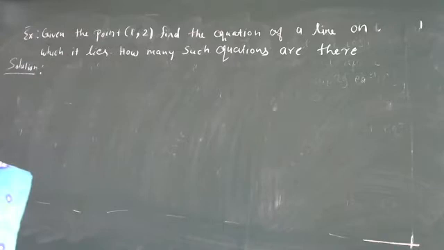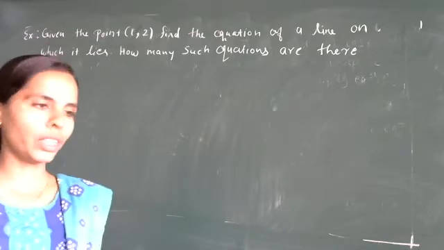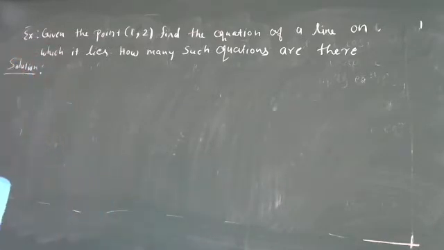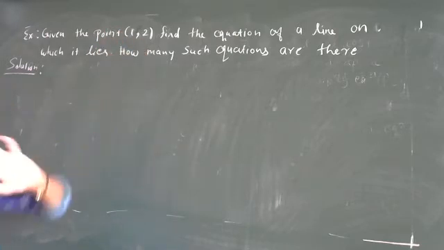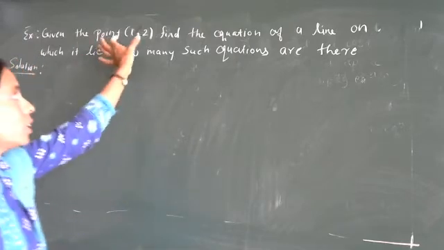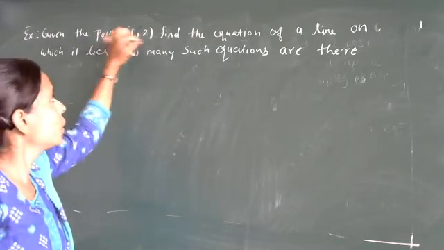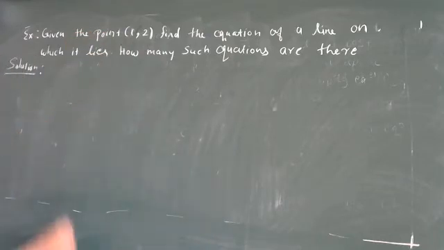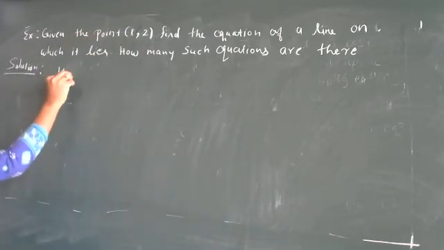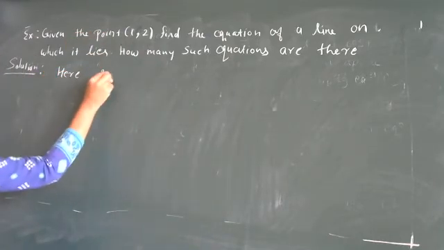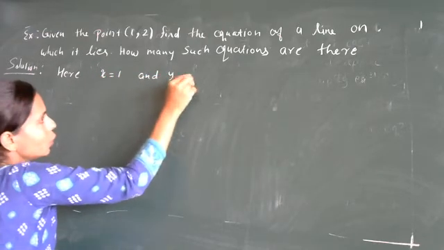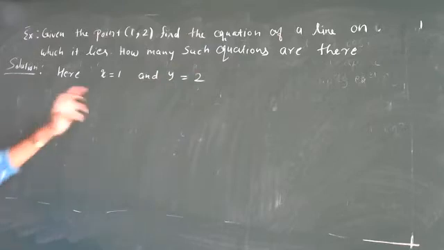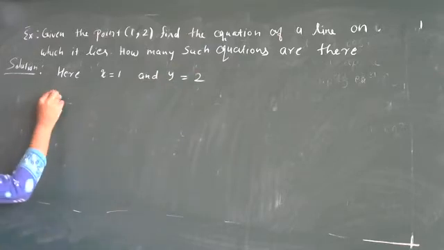Here no need to draw a graph. What they have asked, you have to find the equations. So how many equations you can find? So these are the values for x and y, and there is no LHS side given for us. We can create our own equation, but the answer of that equation should give us these values. So here what we can say, the value of x is nothing but what? 1, and the value of y is equal to 2. Now with these two values we can form the equations.